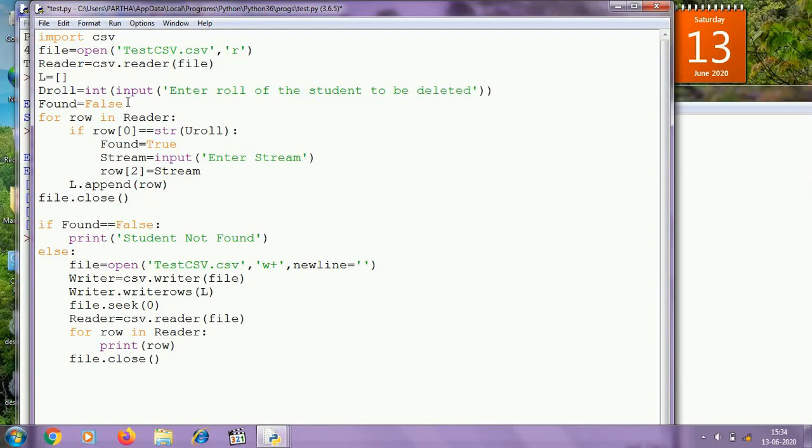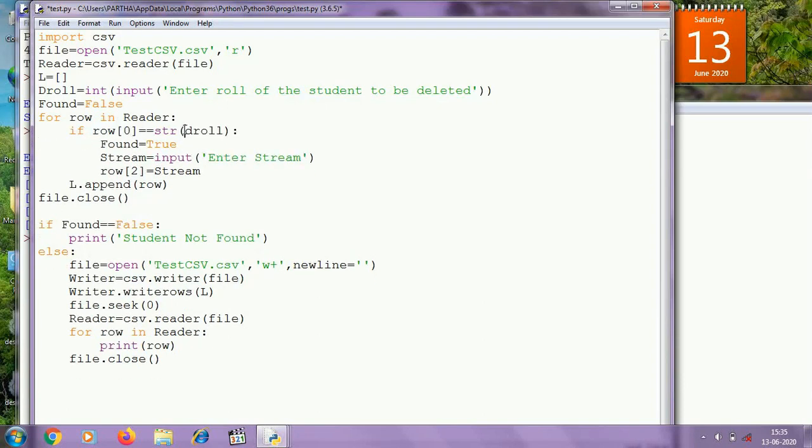Again we are using found equal to false, and this variable will indicate whether the record is found or not. If the record is not found, we need not do anything. Using this for loop we are iterating over the reader object to get the records one by one, and here I am checking whether the roll number of the record is equivalent to the roll number given by the user or not.